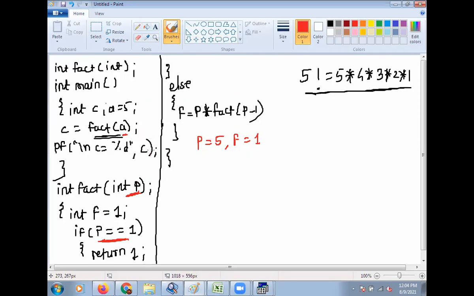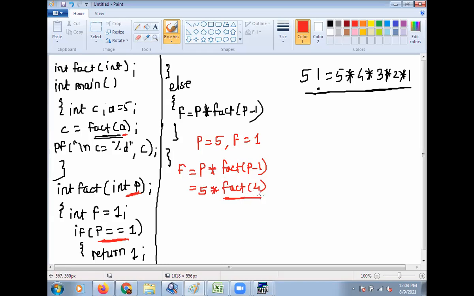No. Then go to the else statement, that is f is equal to p into fact of p minus 1. So put the value of p, here 5 into fact of 4.